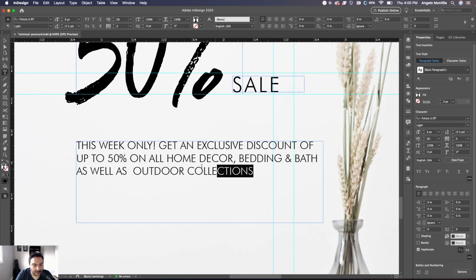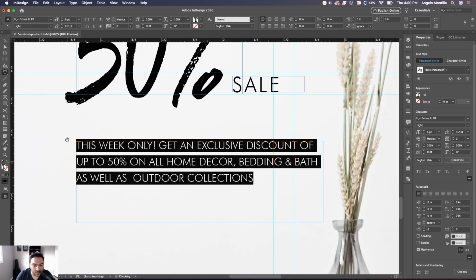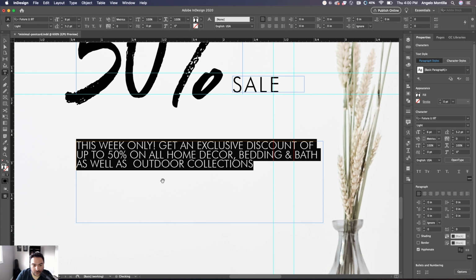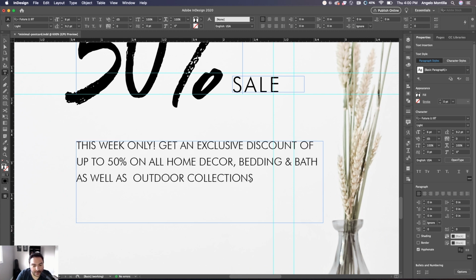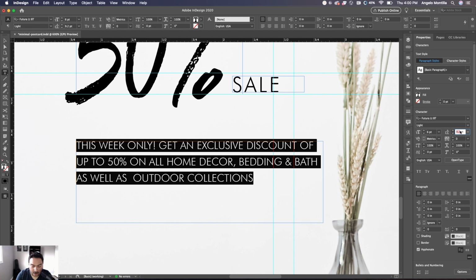Shortcut for leading. So let's just say I want to increase the line spacing in this paragraph here. I would highlight the entire thing and then hold down Option, so it's the same technique. Hold down Option and click your down arrow, and you can see it does it in increments of 2. Okay. So up to decrease, down to increase. And so that's leading, which can be done right here. Right now I have it at 9.2, so if I highlight it and I make it 9.5 with a 6 point size and text,